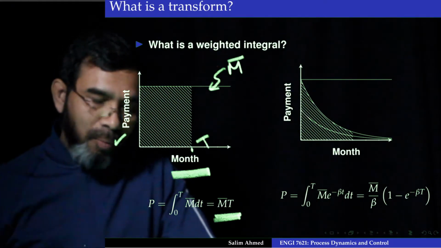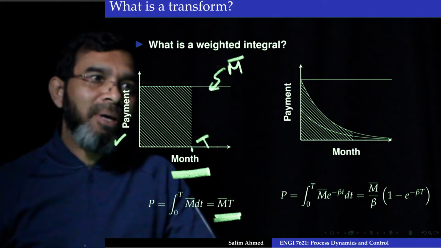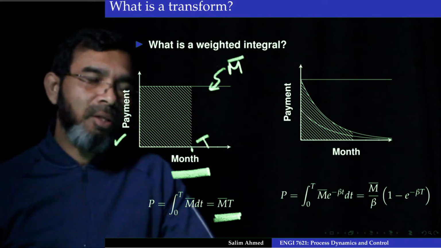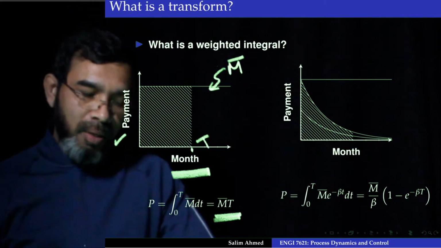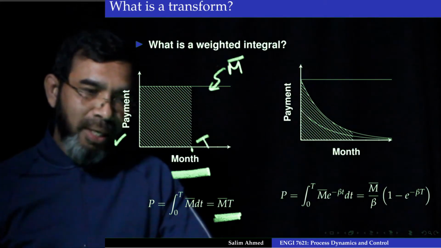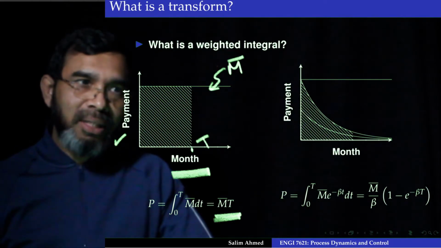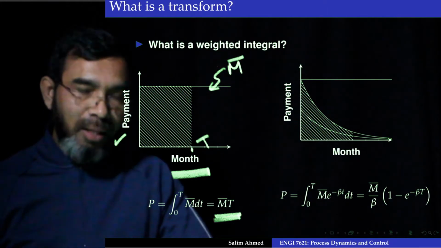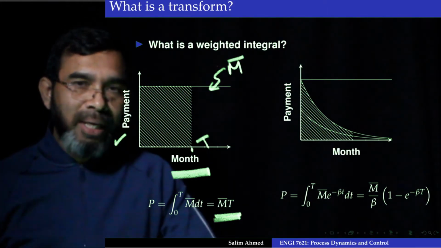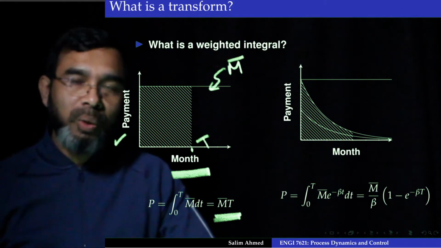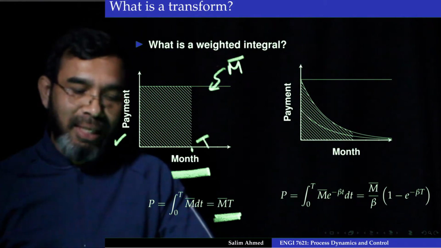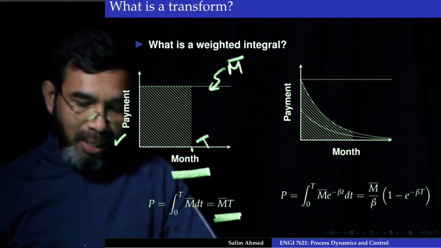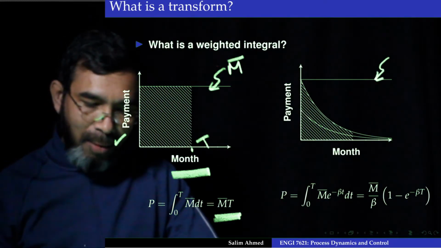Now, if we are considering a mortgage payment, think about the bank has already paid the amount and you are trying to pay the loan back. So the amount paid today should not be considered the same way as the amount paid 10 years later. Definitely the one installment you pay today should have more weightage compared to the amount you'll be paying 10 years later. Now to include that, let's take a look at if you were paying m bar amount per month,